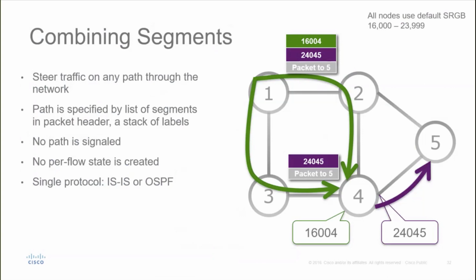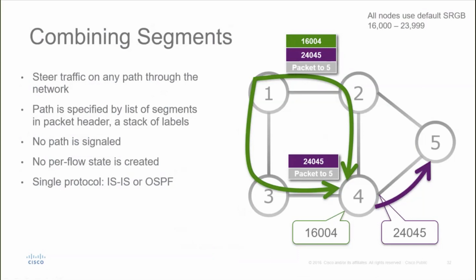That would be against the objective of SR, which is using the ECMP and the richness of the network. As you can see, I want to go from 1 to 4, and I want to use any ECMP between 1 and 4. So I'm not pushing adjacency SIDs that 1 may have between 1 and 2 and 1 and 3, and then adjacency SIDs between 3 and 4 and 2 and 4. No, I push the prefix SID to get to 4,